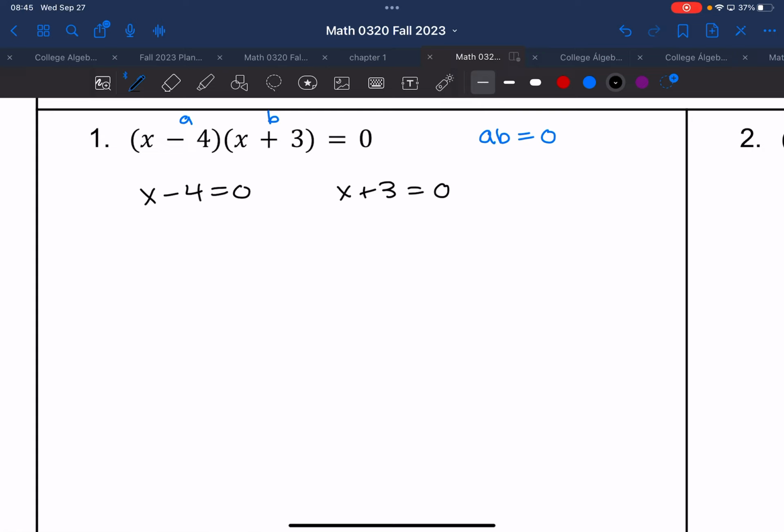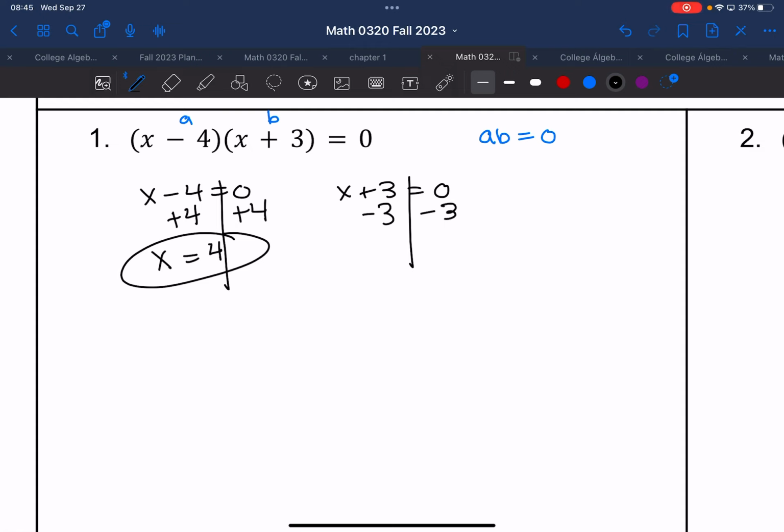Once I set them each separately equal to 0, I'm going to be solving for x. On the first one, to solve for x, I'm going to add 4 to both sides, and I get x equals 4. And for the second one, I'm going to subtract 3 from both sides, and I get x equals